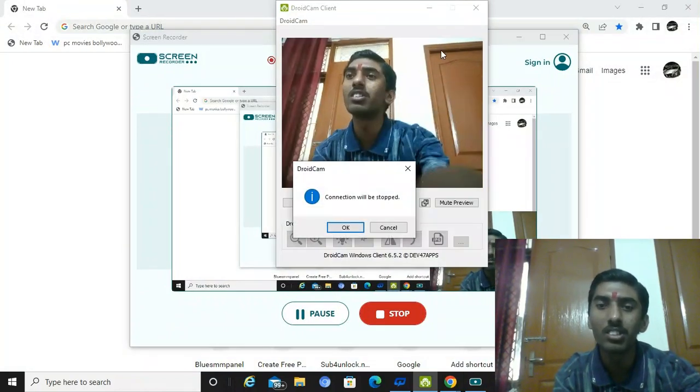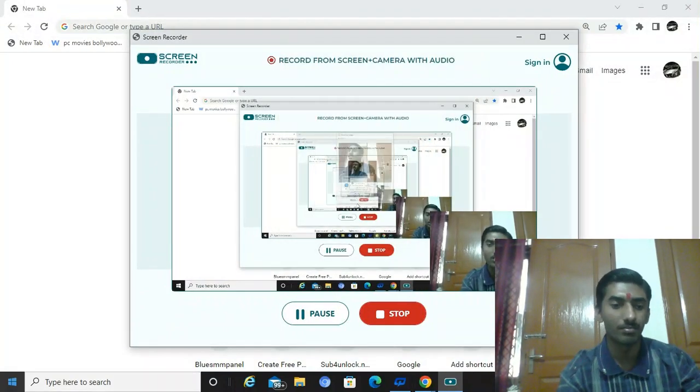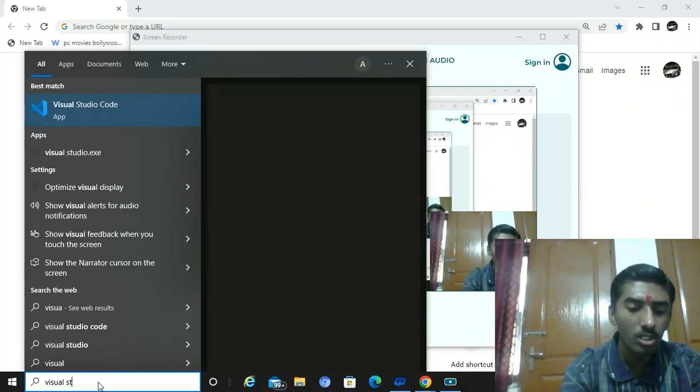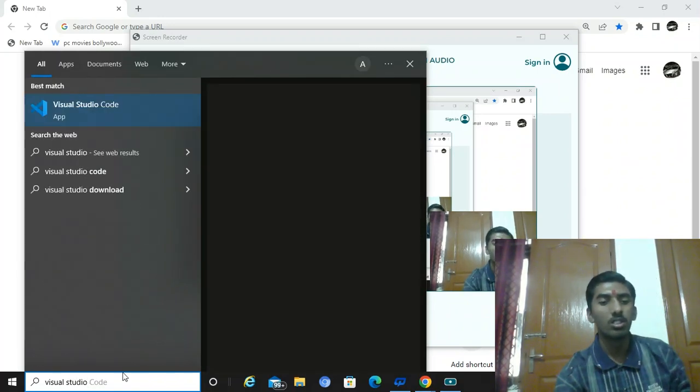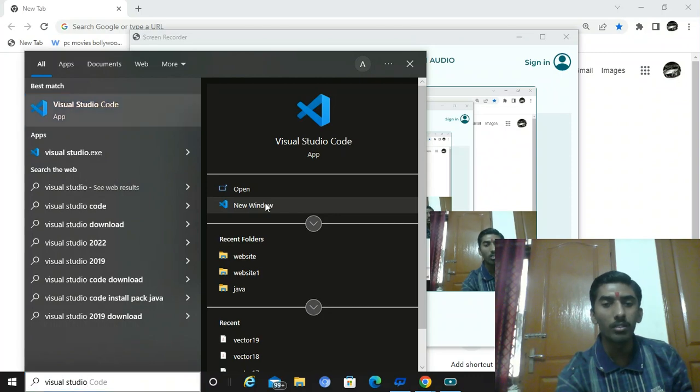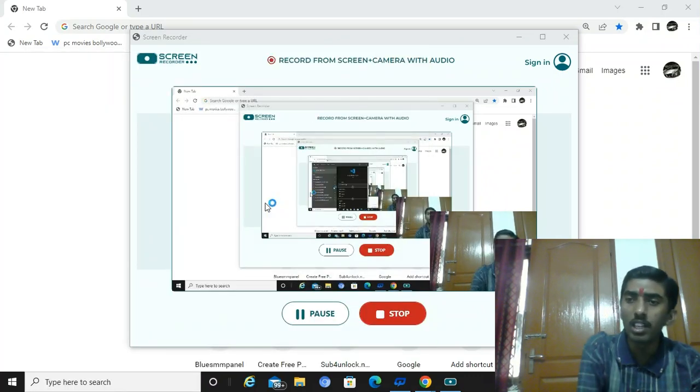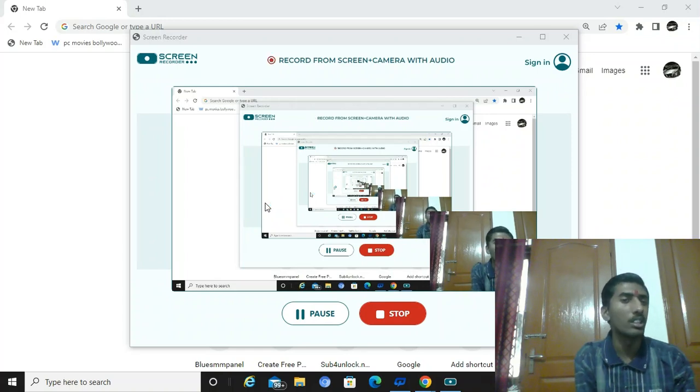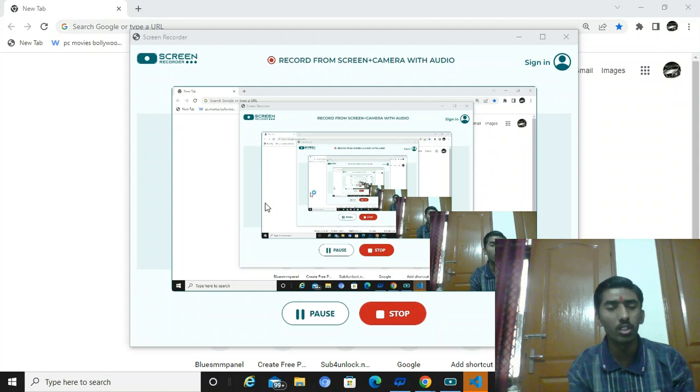First of all, we will open Visual Studio Code. Now click the New Window option because I'm creating a new file. If you want to create a new file, you can create it from the new window option. Otherwise you can create it in your existing file, whether you have done it or not. You can do it in an existing file, but creating a new file is much better than doing the program in an existing file,